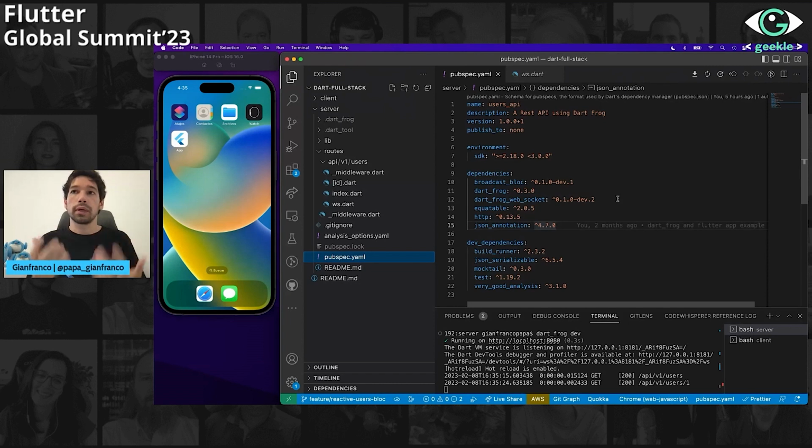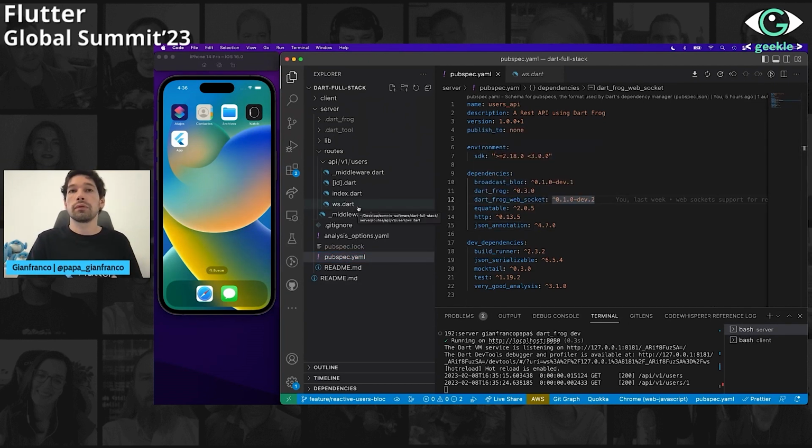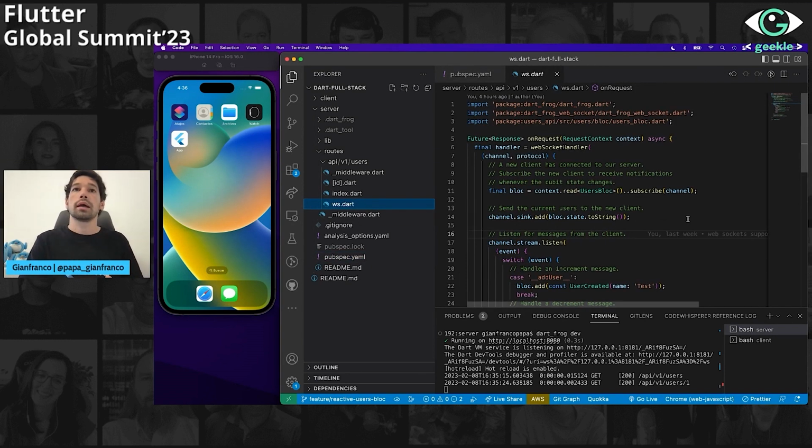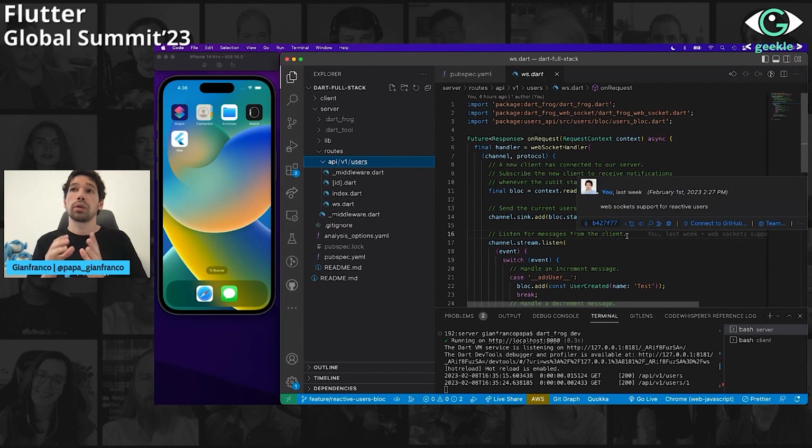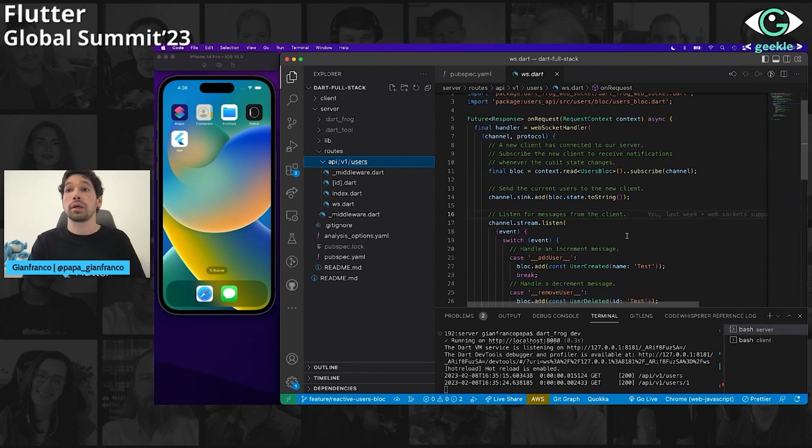And if you want to incorporate new things, for example, in this case WebSocket, you have to use another library for Dart Frog that is called dart_frog_web_socket. And then from a notation point of view, you have to define your file called ws in your routes folder, right? So the framework will know that you are exposing a WebSockets endpoint instead of an HTTP endpoint.